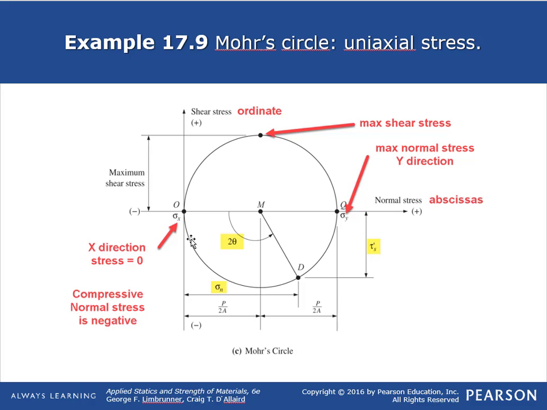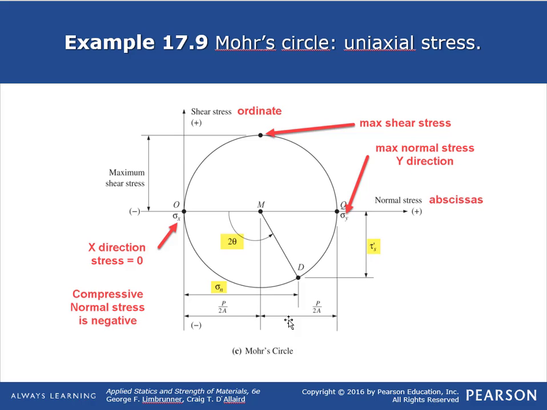So this Mohr's circle is going to be tangent to the y-axis because our normal stress in the x direction is 0. Therefore the radius of our Mohr's circle is P over 2A. When we look at this circle, we're capturing our maximum normal stress in the y direction here